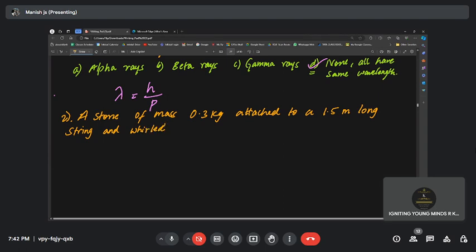Whirled means you whirl it, so there's a circular motion. You just basically whirl it around in a circular motion. That is the meaning of whirling. So whirled around